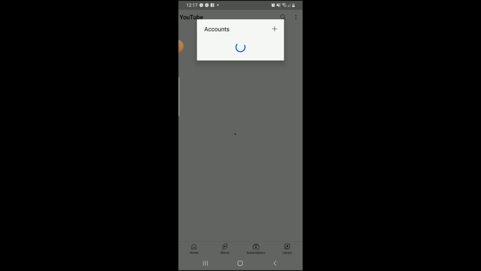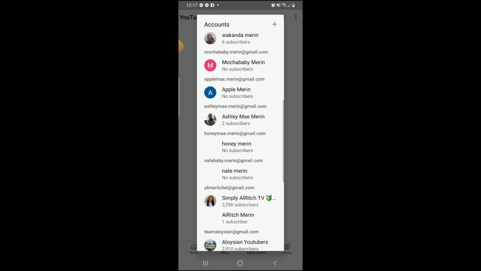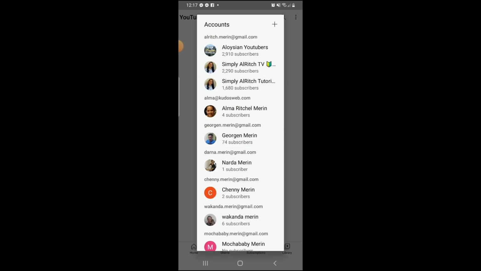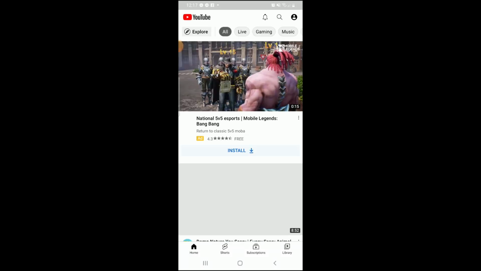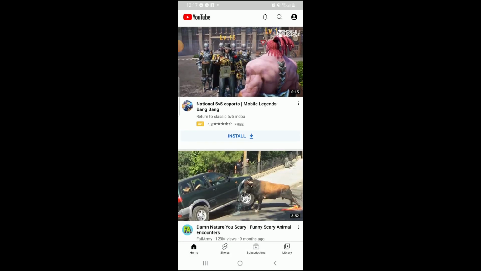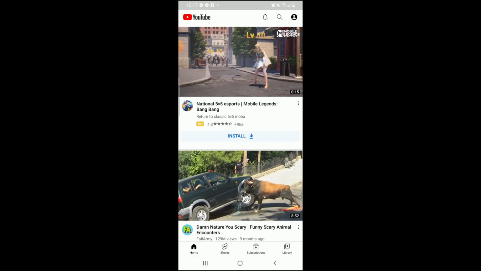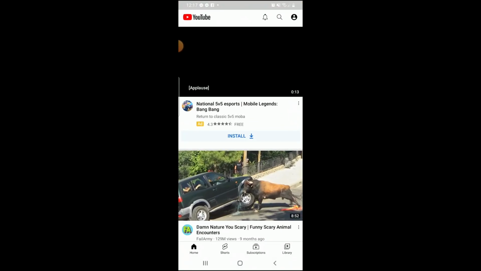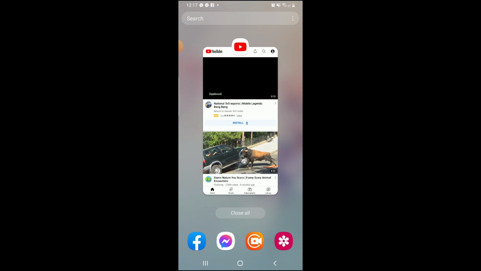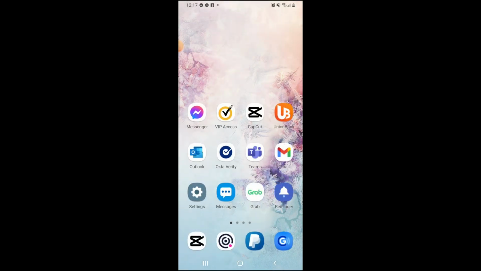Okay, I'm going to log into my YouTube app again. So as you can see now, guys, it quickly fixed the problem. So that's how easy it is to fix the "error occurred" issue when you are trying to log into your YouTube app. But if it doesn't fix the problem, you can also try to force stop the YouTube app and